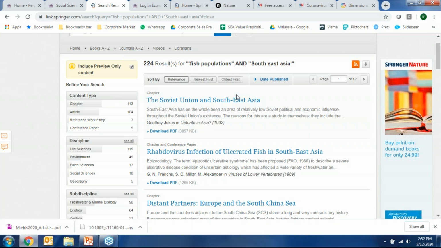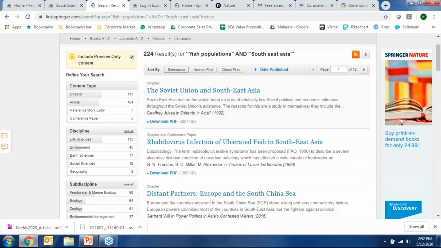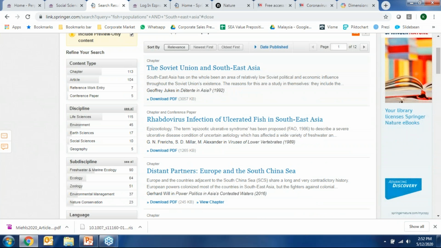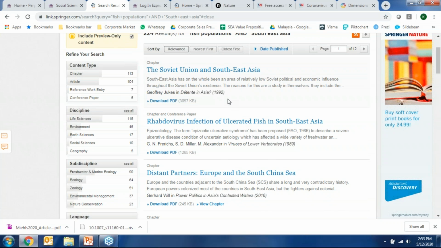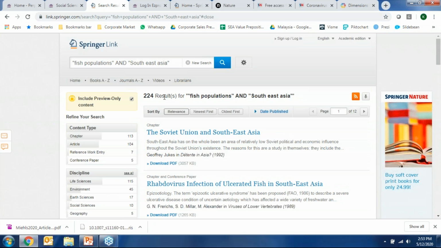So in reality, this takes a little bit of time, but after getting the hang of it for a while and knowing what you know, and you should be the most expert person in the world about your particular topic. After a few rounds of playing around with Springerlink and the other platforms, you then begin to really know where you would be able to find what you're always looking for, right? So hopefully that is some of the tips that I want to show you.